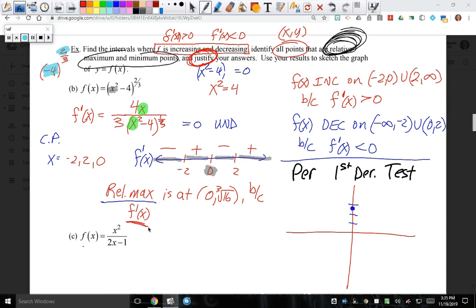But for right now, do you think I'd want you to say f of x increases or f prime of x is positive? F prime of x is positive because we're using the calculus to describe it. But this one is going to say f prime of x changes from what? Positive to